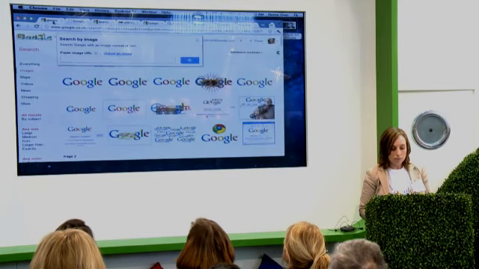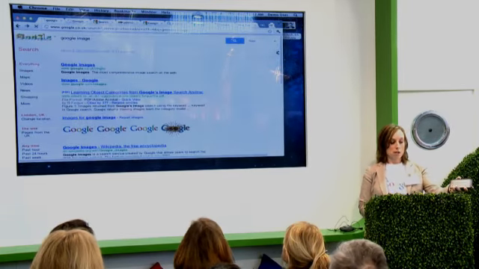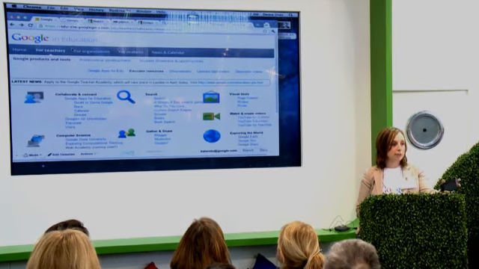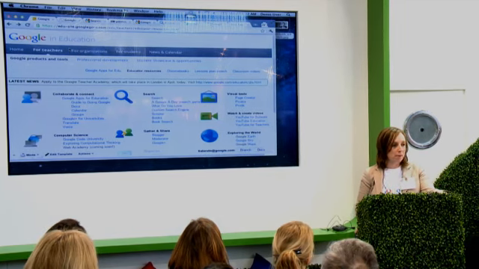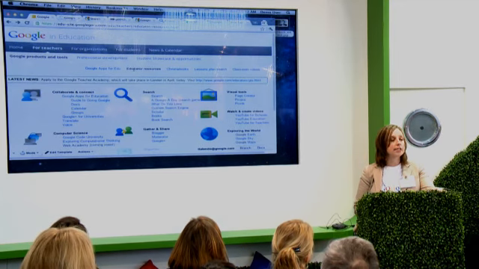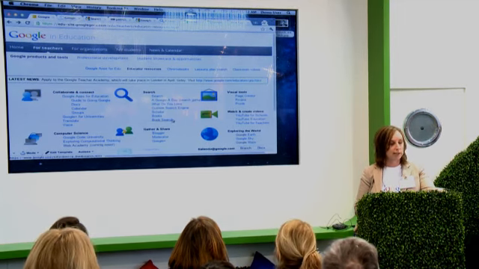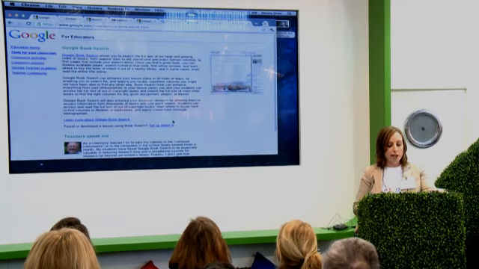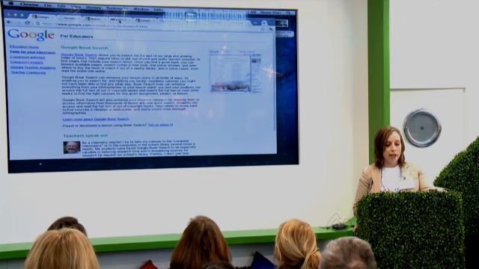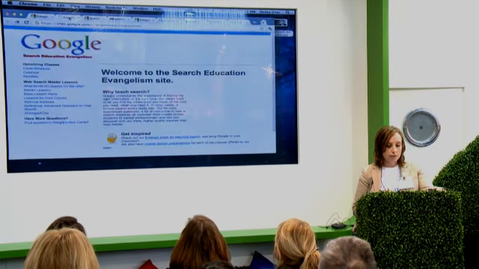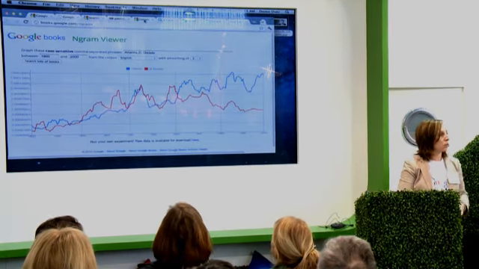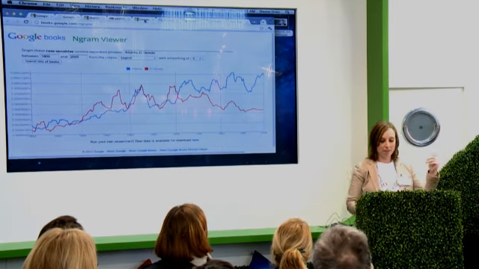There's also so many tools within books. So, Google has over 15 million volumes scanned, which is some crazy percentage of post-Gutenberg publishing. And since they're scanned, you can search the words in books, in book search. So if you come in here, there's some ideas for how a teacher might use it. One of the tools is called Ngram Viewer. Ngram Viewer allows you to compare how often words occur in books over time.